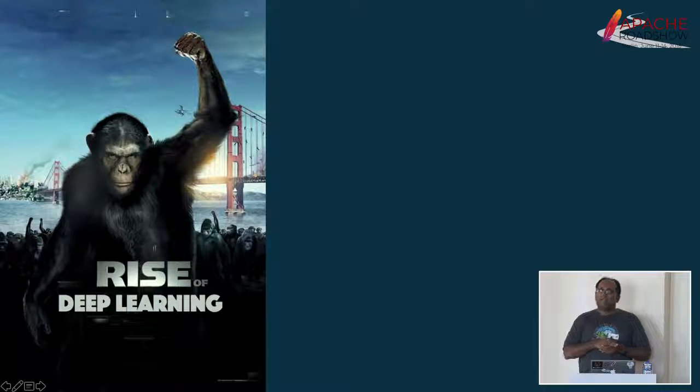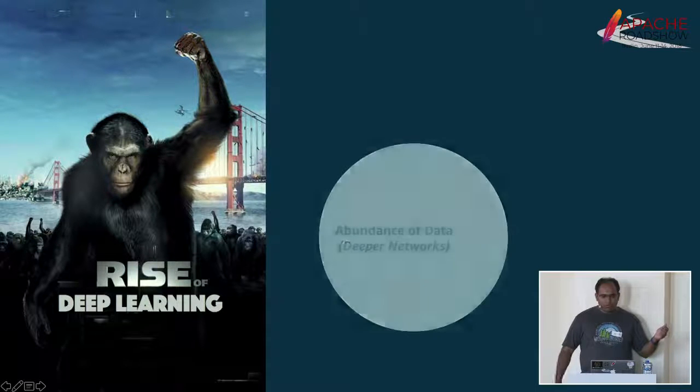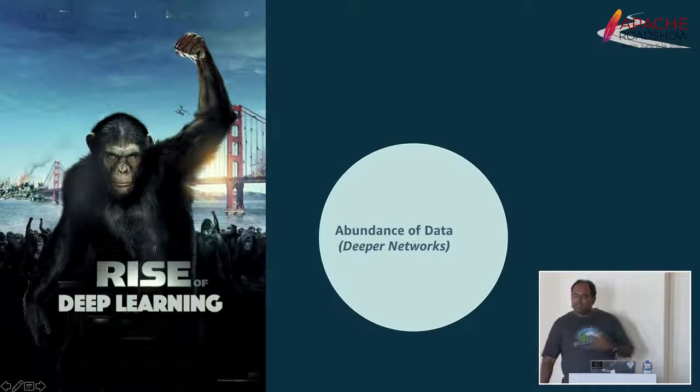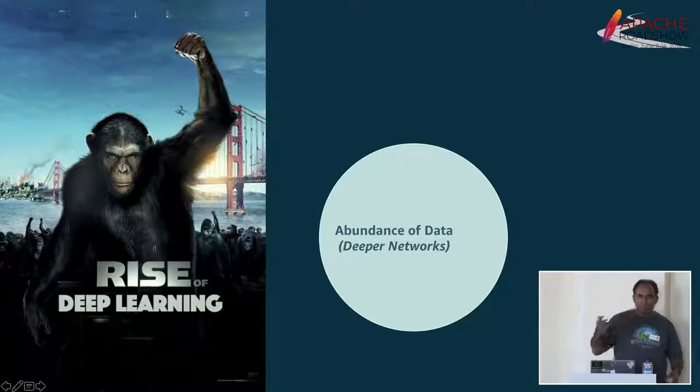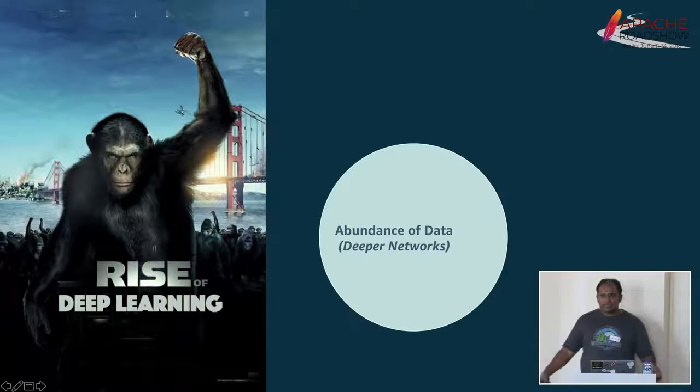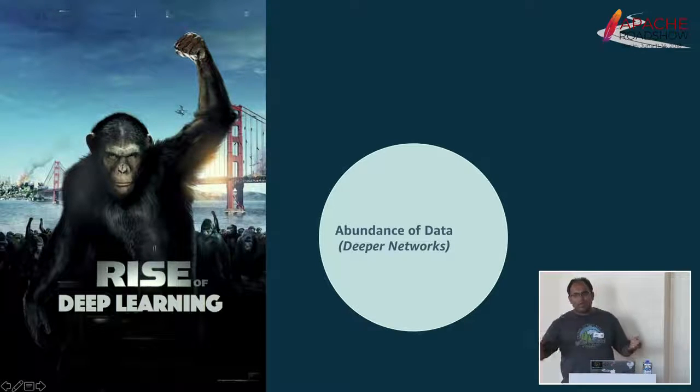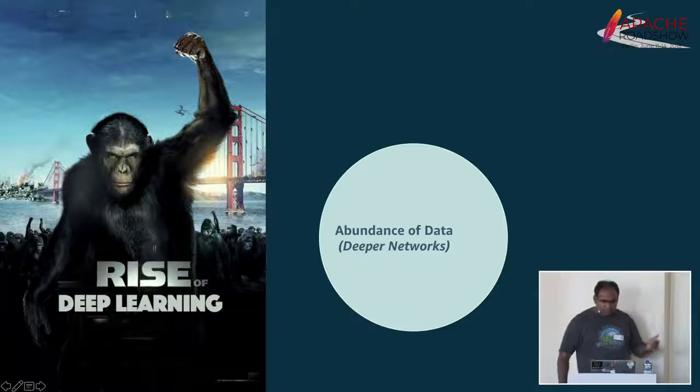Deep learning dates back to the 1940s. A few things happened that changed the landscape in the last 5 to 10 years. One of them was availability of data. With digitization of everyday life and commoditization of IT resources by cloud providers like AWS, it's never been easier to collect and analyze data. So with lots and lots of data, we are able to create deeper and deeper networks that are learning a lot more concepts in the data.